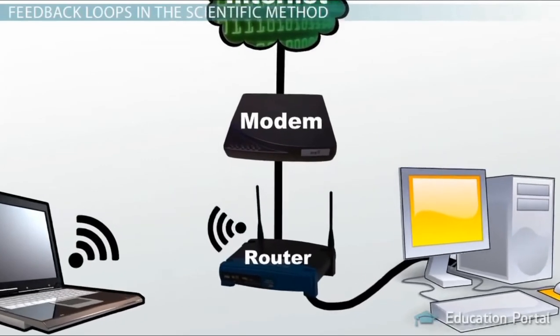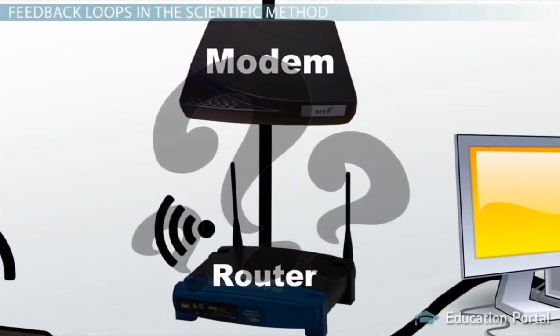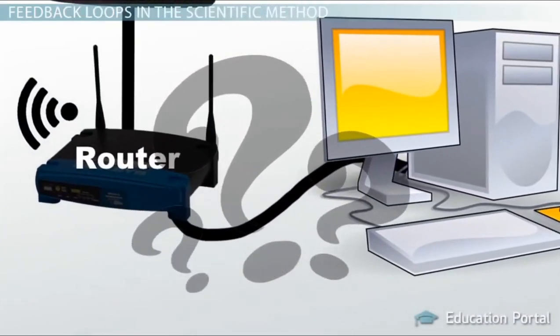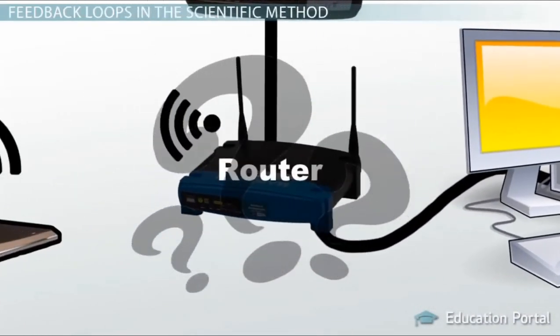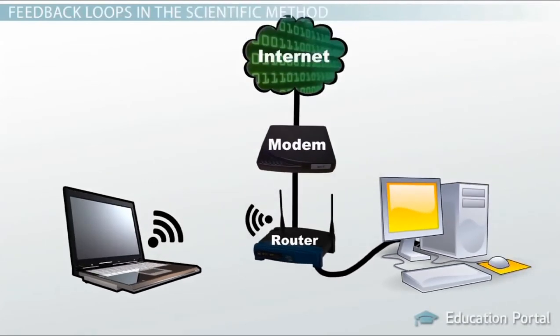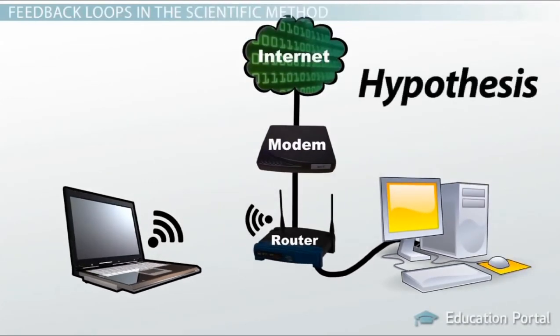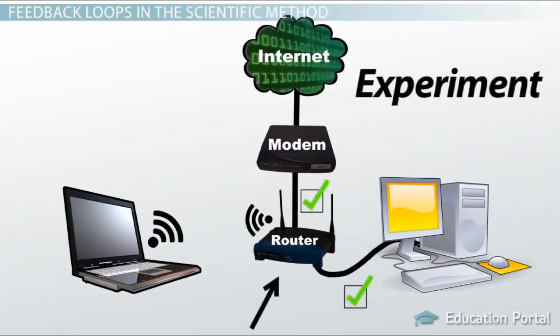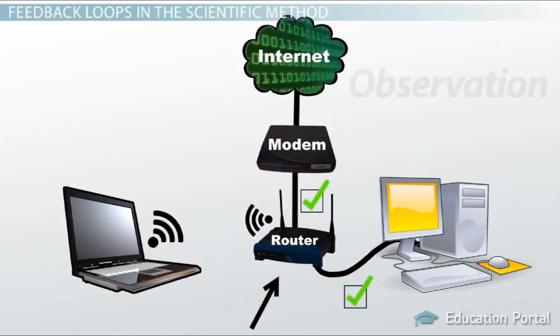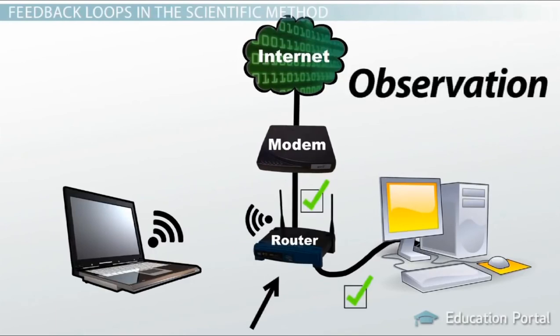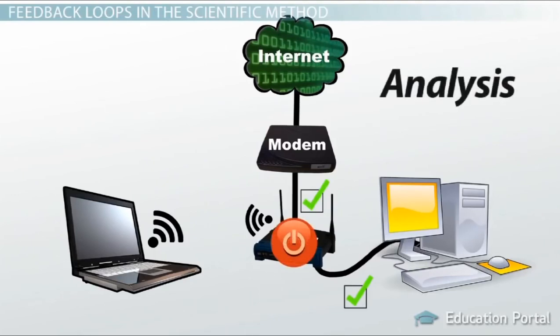Was it the cord between the modem and the router? The cord between the router and my computer? Or was the problem in the router itself? I had to form another hypothesis: if both my internet cords are properly plugged in, then there must be a problem with the router. My experiment was to check both cords and the router. My observation was that both cords were plugged in and that the router was off. I analyzed the evidence and my conclusion was that I couldn't connect to the internet because my router